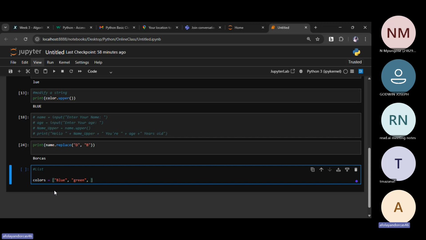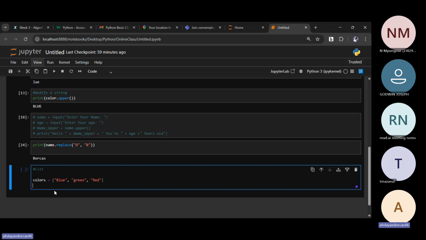I think we have 3 minutes left, so I'll just wrap this up. We'll talk more about it in our next class, but just for clarity: we have red, orange, yellow, a lot of colors. This allows us to store many values inside one variable.